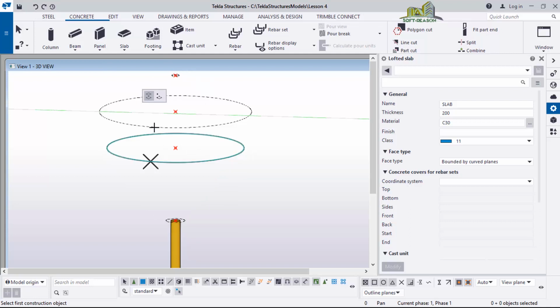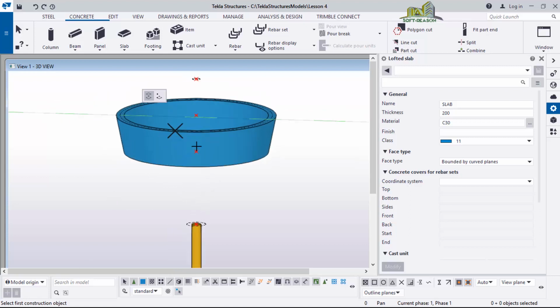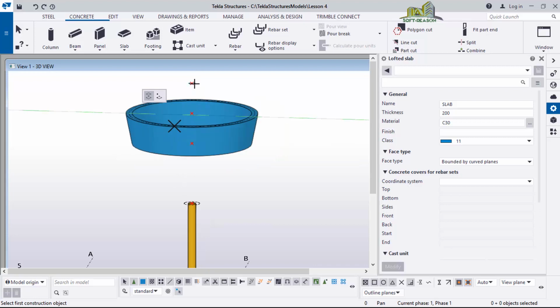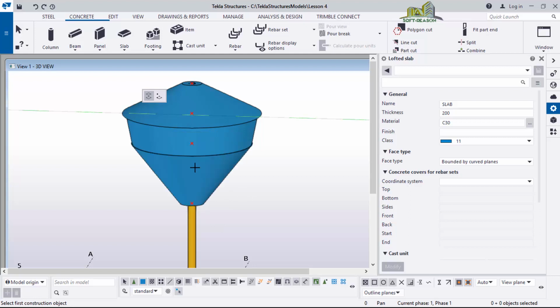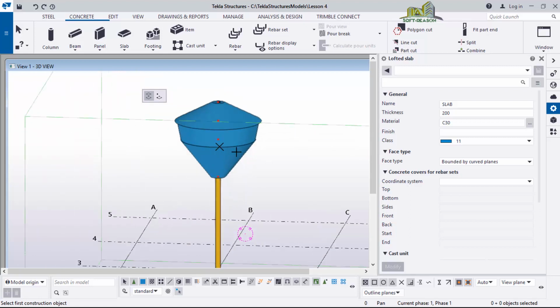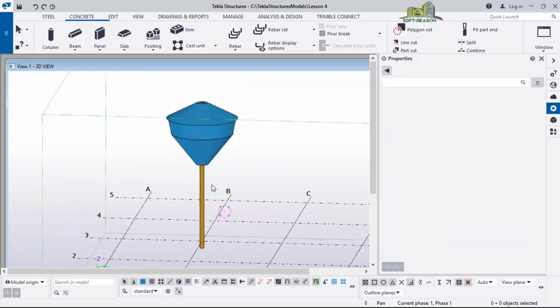So we are going to start it this way. Select this one, and select this one. So you have formed the center of the cycle. Now you can select this, swap up here to close it up, and then you select from here just like this. You select this one and this one. So this is your reinforced concrete tank. The tank has been placed successfully.